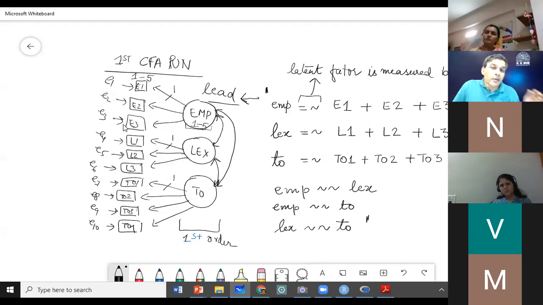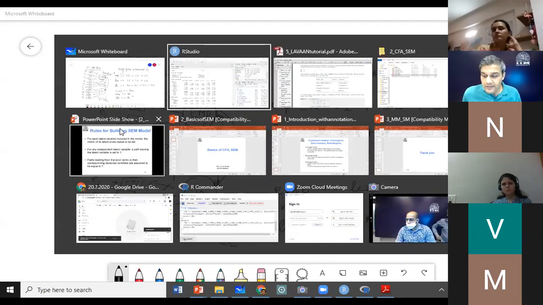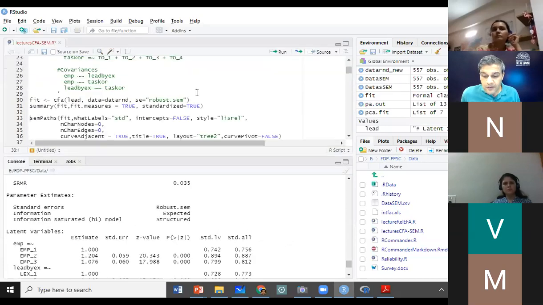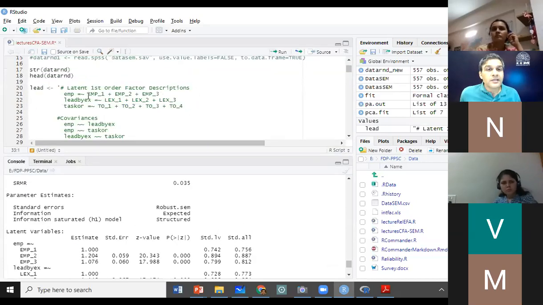This is compulsory. This is a necessity for confirmatory factor analysis. If you don't do this, the tool will give you an error and say, I cannot run this estimate because I do not know the scale for the latent factor. But you can ask me, sir, we did not attach this one to any item.